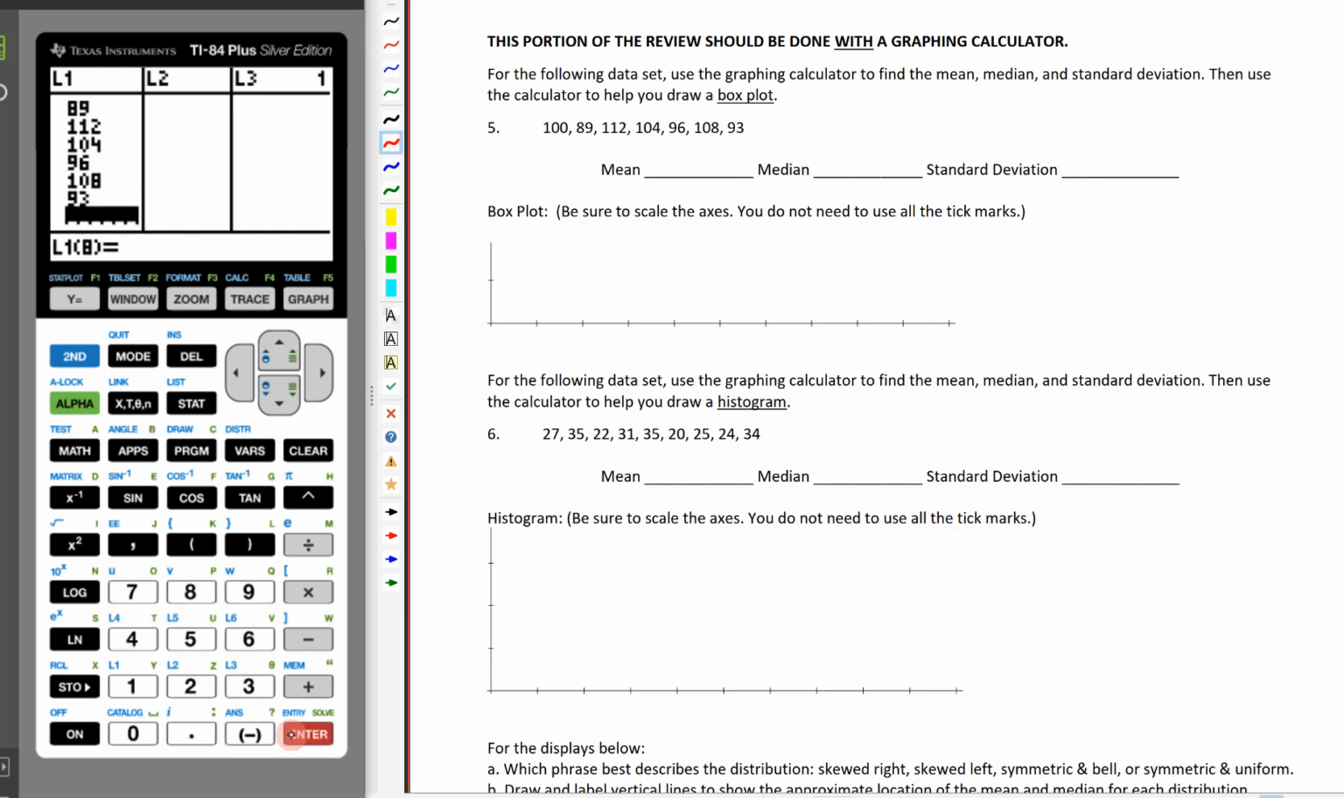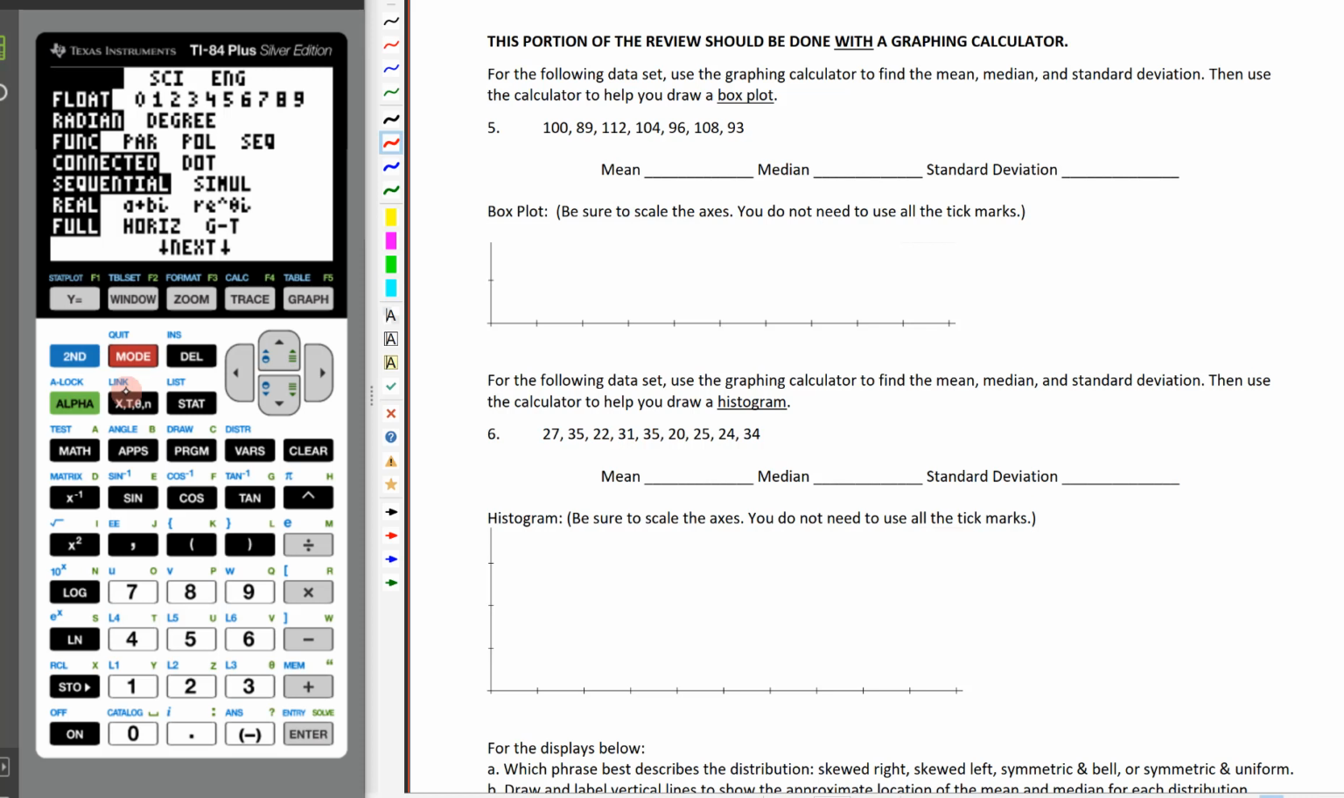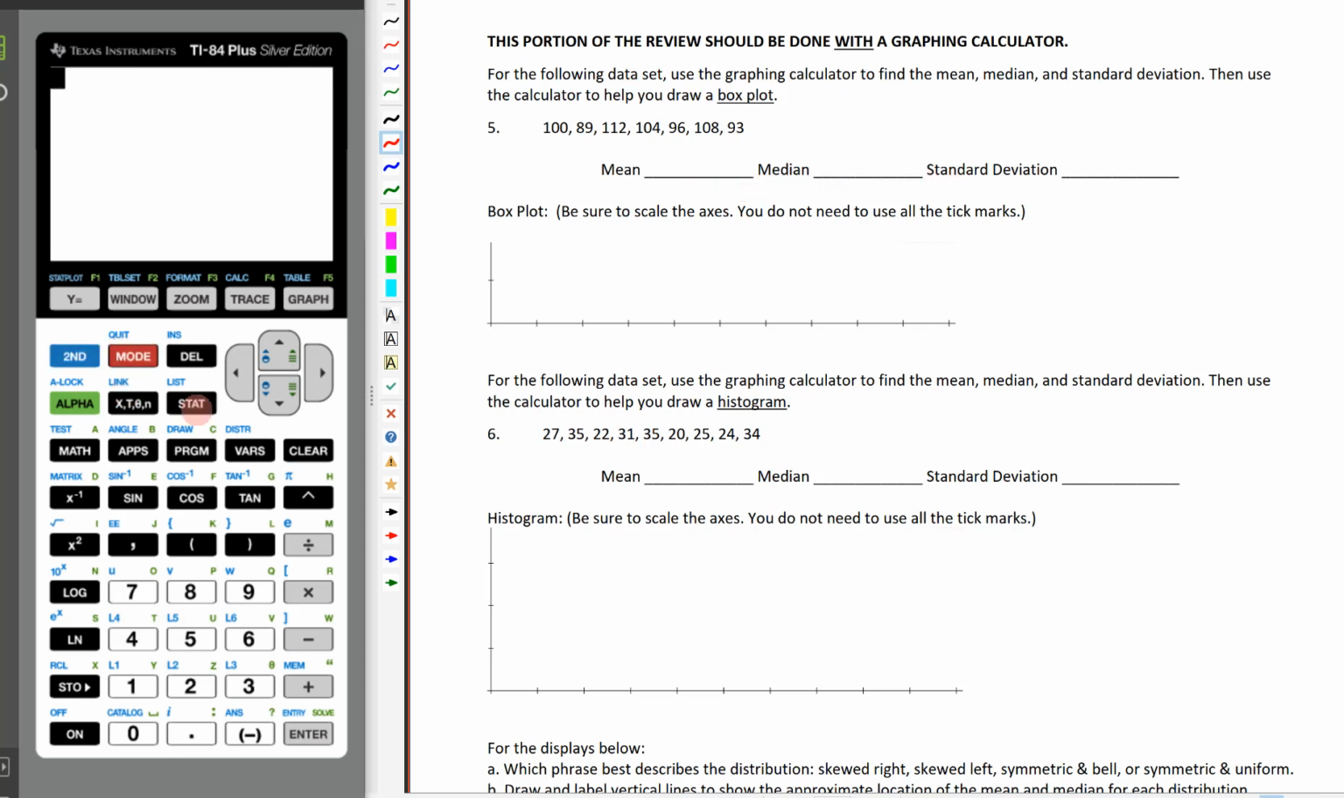Okay, so we've got those in there. Now let's just double check. We've got 7 pieces of data in here, and notice that we've got 7 of them. Again, if you don't put it in the right way, you're going to get the wrong answer. So let's be careful with this. So we're going to go ahead and hit second quit, and we want to find the mean, median, and standard deviations. So I'll get back to the home screen, and in order to do that, we're going to hit Stat,